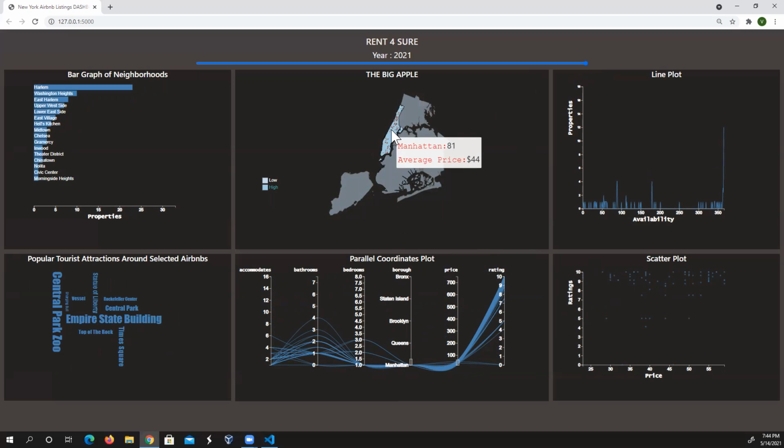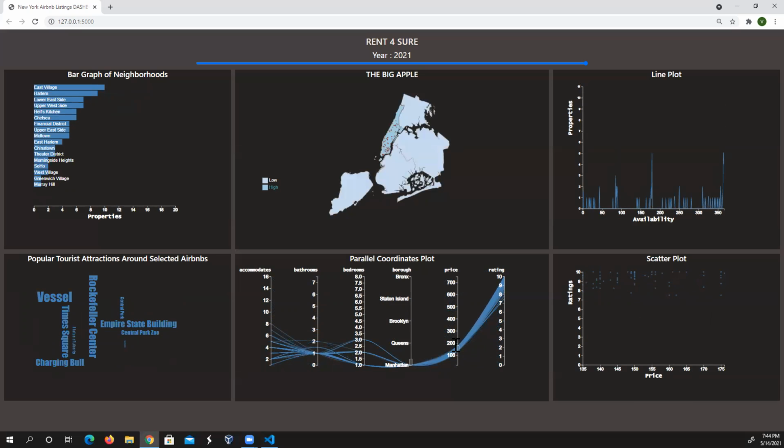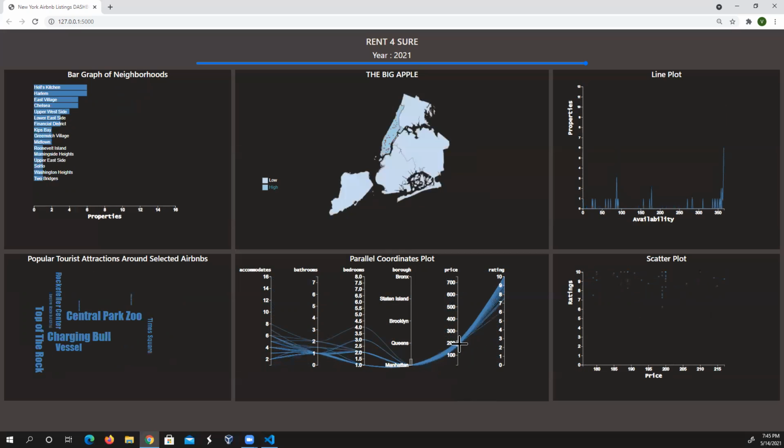They are towards the northern part of Manhattan. But let's try to move a bit above. As you can see, as we increase the price range, the properties closer to the financial district begin to appear.